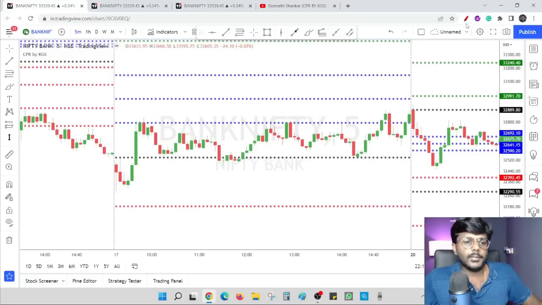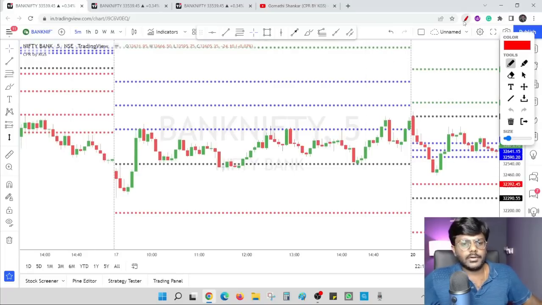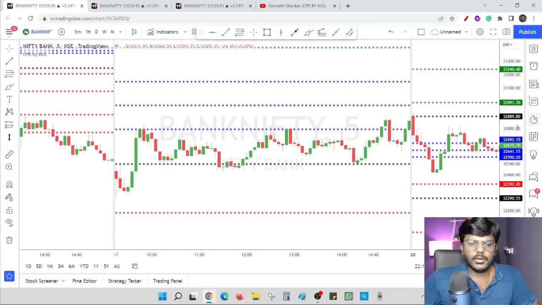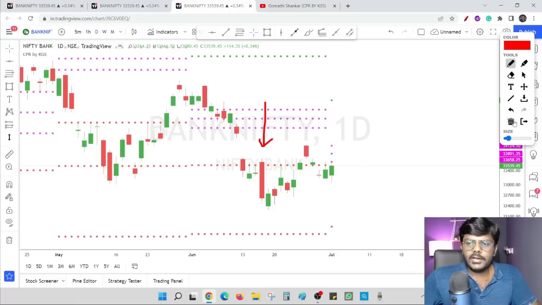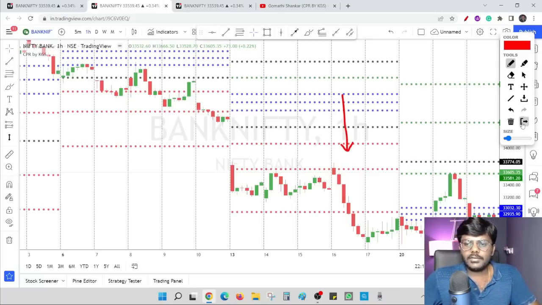On 17th of June, it is a range bound market. Obviously, we should avoid, because after a trending market on 16th of June, we cannot trust the market on the next day. The market is stuck between S1 and previous day low, and the market is stuck inside a range. So no trade on 17th of June. As I said earlier, for the rest of the month, the market is below monthly CPR. Now I'm going to check weekly CPR after 17th of June.